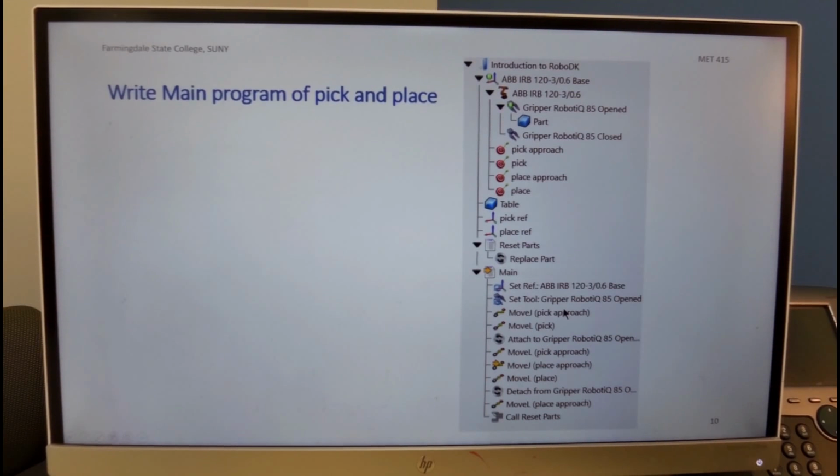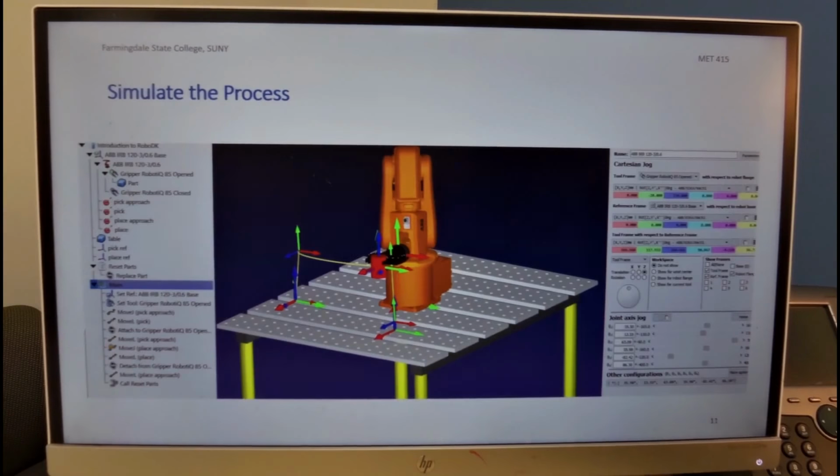We could also add some wait function commands right after we place the part, or right before we pick the part, just to let things settle down. We can also put a command that changes the velocity in order to control the approach speed and the fast